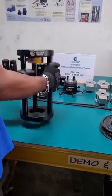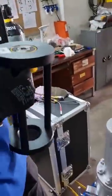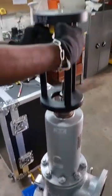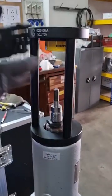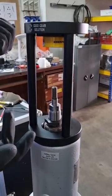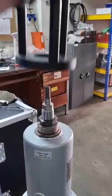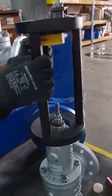So to do that, we use the column bracket. It's made of aluminium here. If the valve body is big enough, you can just simply place it on top like this. If there's a situation where the valve body is not big enough, for example like this, the valve body is not big enough to support it,